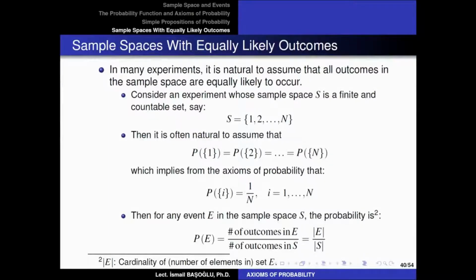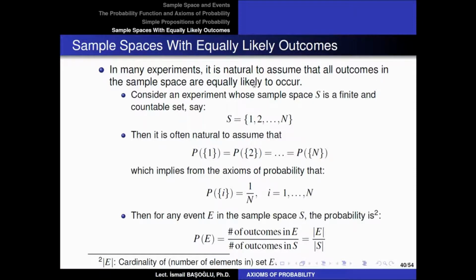Now that we have learned the probability function and the axioms that we are supposed to believe in about it, and also we have learned some simple propositions on probability which are going to be helpful to solve many types of probability questions. Here we are going to learn about some probability questions related to sample spaces with equally likely outcomes. So this is not a very practical situation as always, but usually it is natural to assume that all